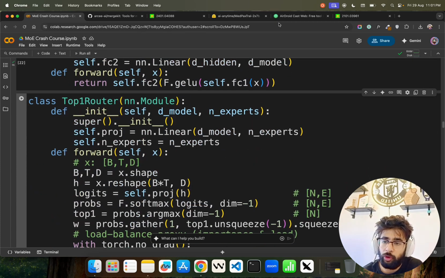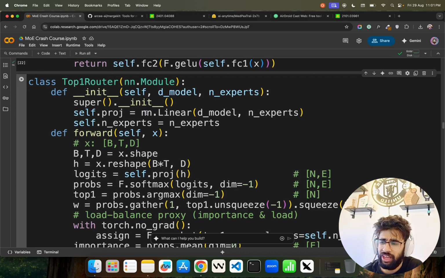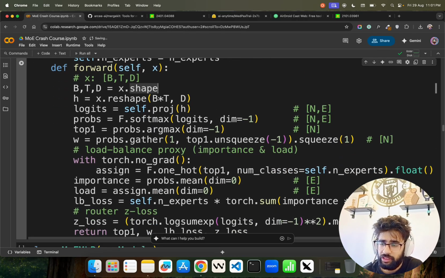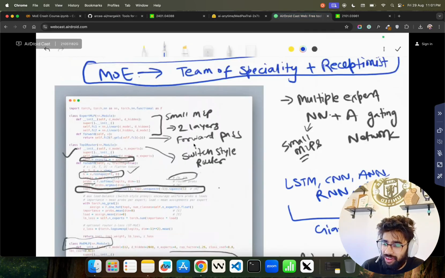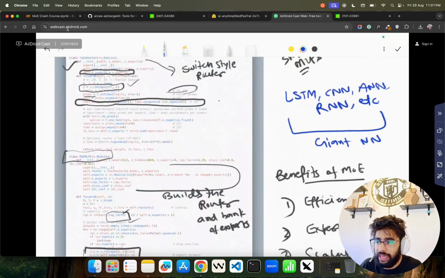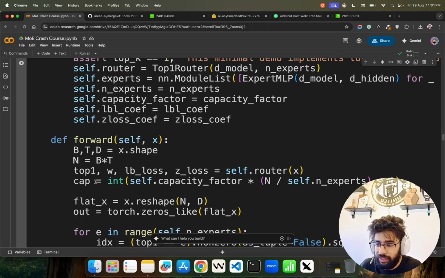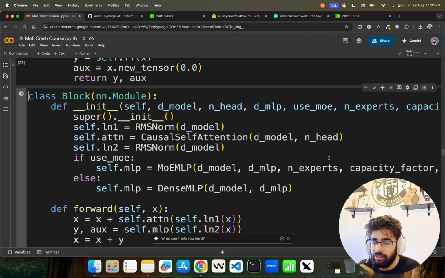And then we have a top-one router. Again, the same thing that I discussed, class TopOneRouter, the same thing that I explained there. So let me just get that in quickly because it's going to take some time. And then we have the same MoE MLP that I talked about. If you go a bit up, excuse me, you can see it over here, right? MoE MLP with the capacity factors and whatnot. Everything is here. You can see this is how we are calculating the capacity. It's an integer value, and we're getting it from self.capacity_factor times n per self.n_experts. This is amazing, right? So this is what we are doing, a dense MLP, and then you have the transformer